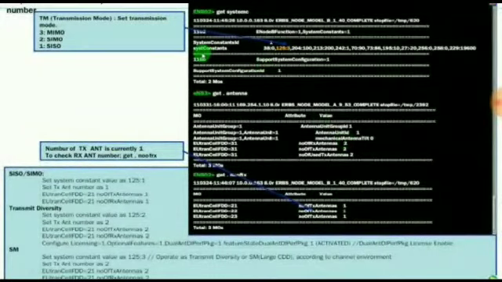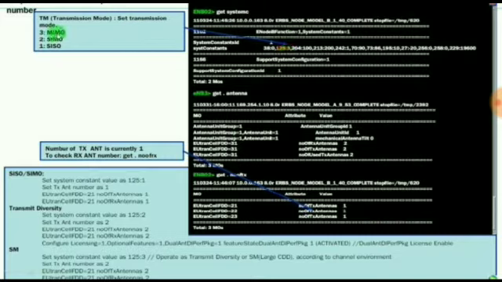If you want to check the transmission mode status, you have to use the get systemC command. Based on the result, you will come to know what kind of modes are being used. MIMO is nothing but multiple input, multiple output. SIMO is nothing but single input, multiple output. Whereas SISO is nothing but single input, single output. We are getting the value 3, which is nothing but multiple input, multiple output.